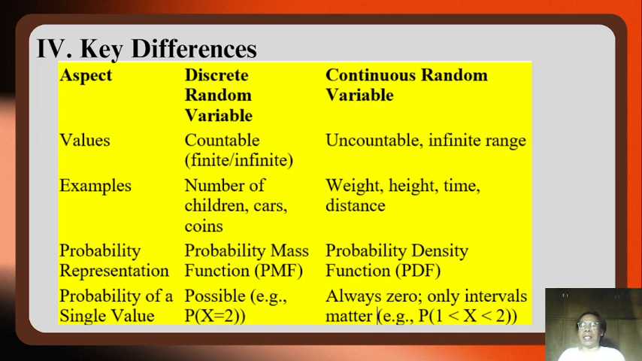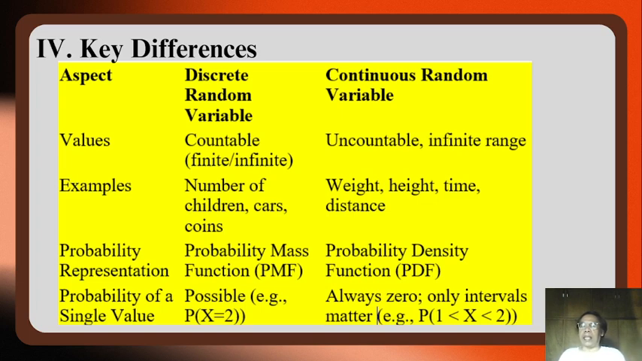And key differences. The aspect in terms of values. Discrete random variables are countable, either finite or infinite. And then continuous random variables, uncountable, infinite range. Examples of discrete random variables: number of children, cars, coins. And then continuous random variables, examples: weight, height, time,